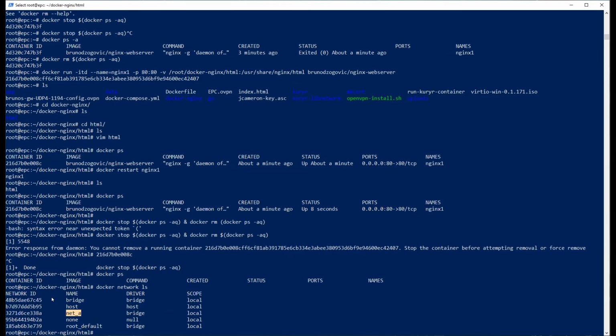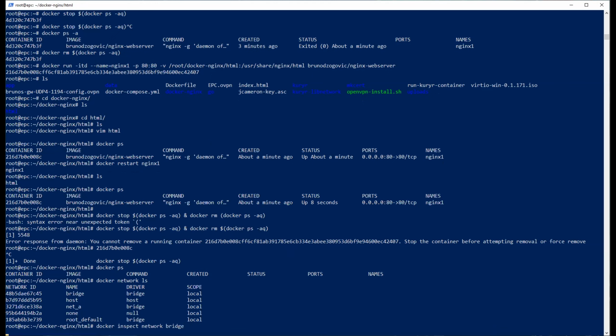The default networks that you will have are bridge, host, and none. These are available, and you can run containers and attach them to these networks. Given that these networks are attachable, there is an attribute of a network, attachable. So to check a network, you go docker inspect network and the name of the network, bridge.